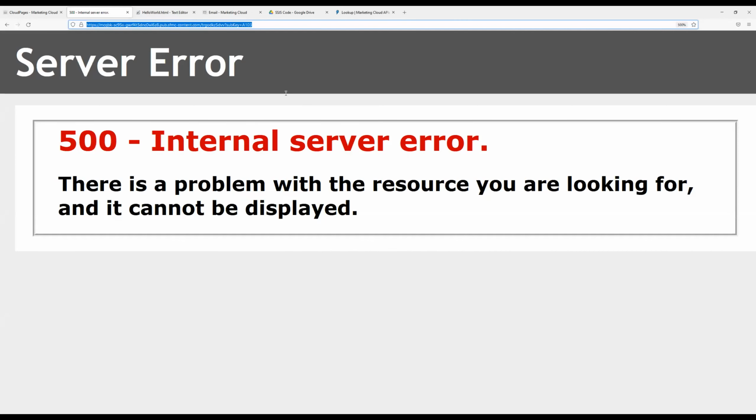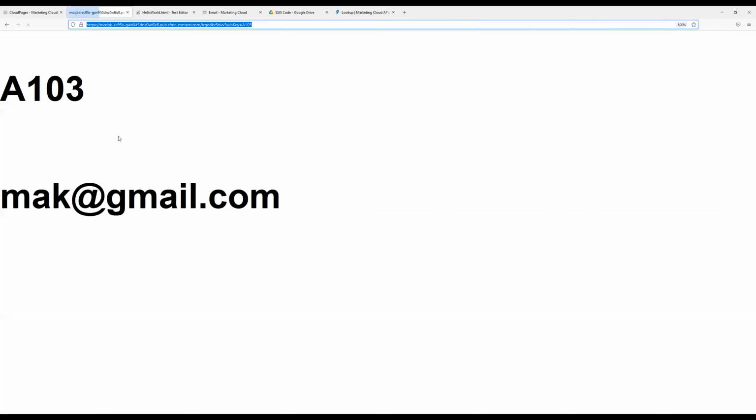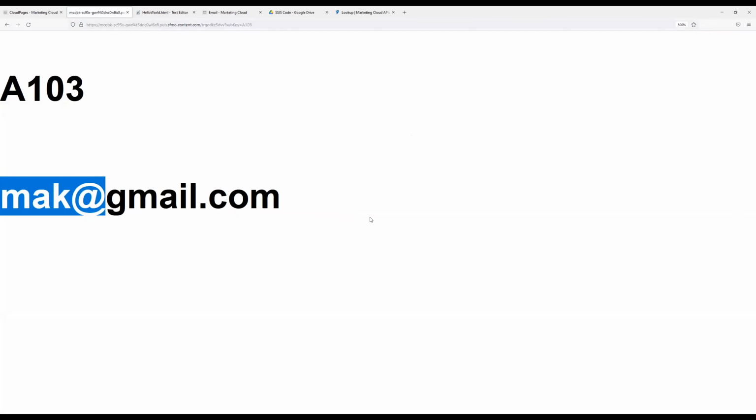This error means that there is something wrong in our SSJS, and there is a better way to handle this one using the try catch block. I'll discuss that topic in the next session as well. If I refresh now, it should work. See, A103, and it is reading the